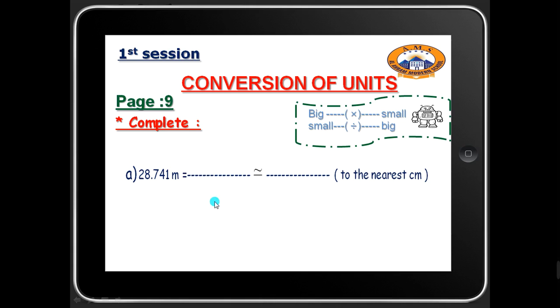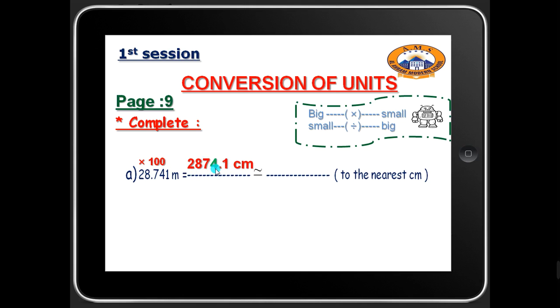So all you have to do is first convert from meter to centimeter. Meter is the bigger unit, so I will multiply it by 100. And when we multiply, all we have to do is move the decimal point 2 places to the right. So the number is going to be